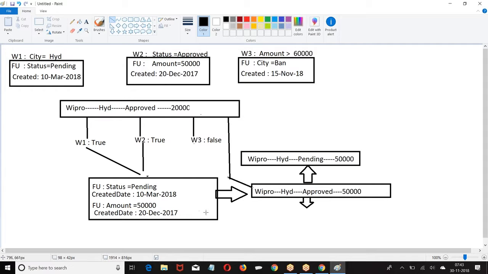Obviously. Now again, why are we dealing with the created date? Created date is only to tell which action should run first. This has nothing to do with the record, right? Created date will tell which action should run first. It is not the created date of the record. It is the created date of the action. When did you define the action? Defining the action creates a date.